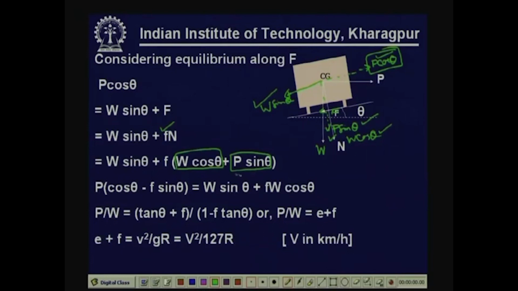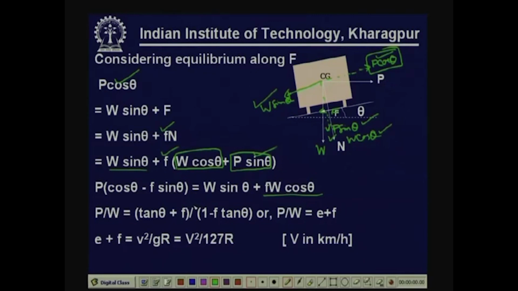Now, if we take this P sin theta component to the left hand side, then we find P into cos theta minus f sin theta equal to W sin theta plus f W cos theta. That is what remains. Now, if I divide both sides by W,